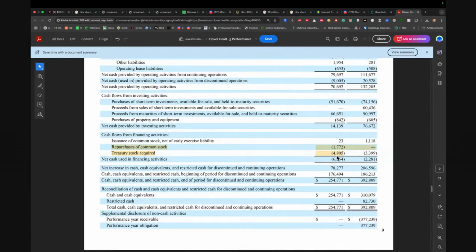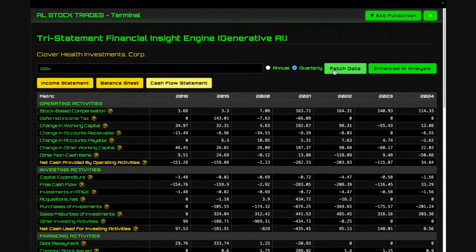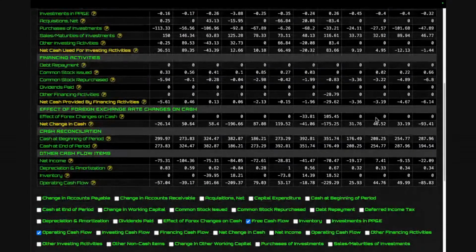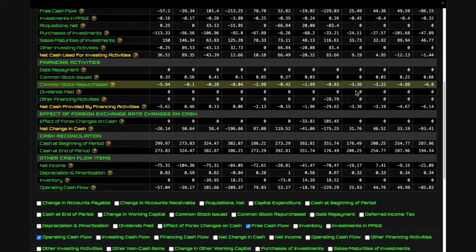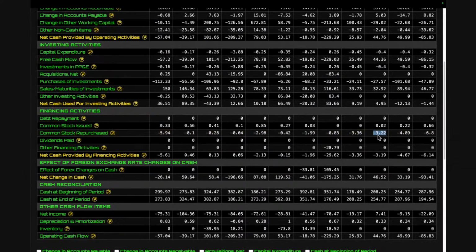So they bought 4.8 million in treasury stock in Q2. Okay. So 4.8 mil. All right. So let's go back to our stock terminal and let's look at quarterly for Q2. So here's Q2. So it's in this row. So the third one down here. Let's look at a common stock repurchase. So you could say Q2, they bought 3.22. That's kind of what they're seeing. And then 4.89 and 6.8. So you could see